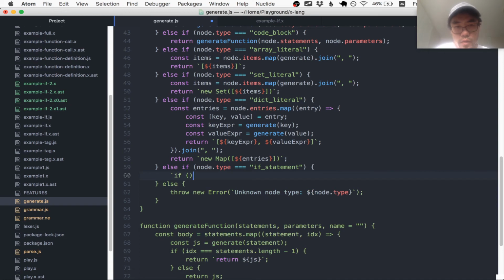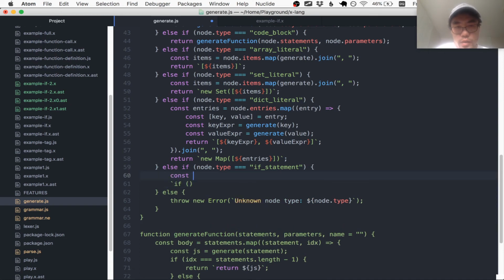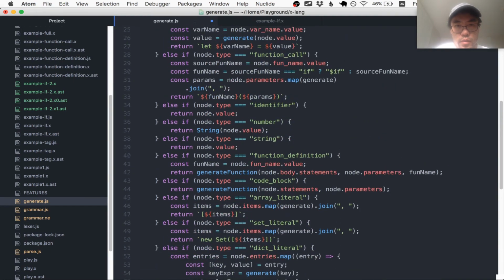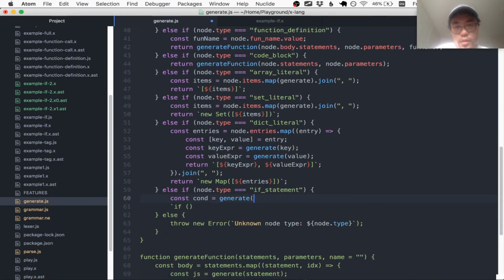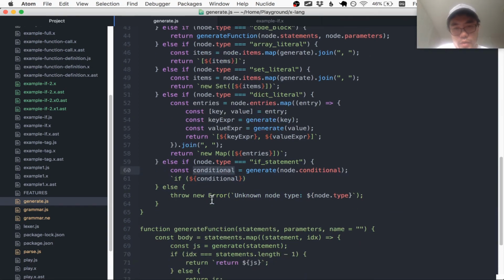if, and then parentheses. So let me get a conditional. Is this called generate? Yeah. I'm gonna generate the JavaScript code for the conditional. I'm gonna call this the longhand form. Call it conditional. Okay, so this is a JavaScript form for conditional. I'm popping it in this if statement, and then I'll have these curly brackets. And